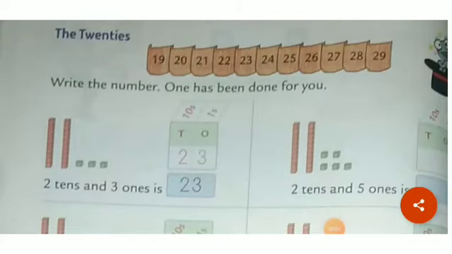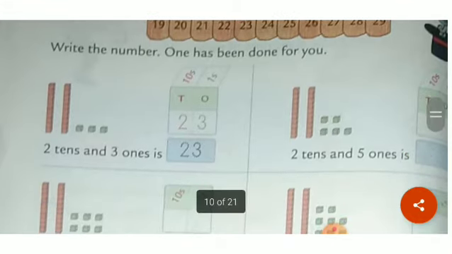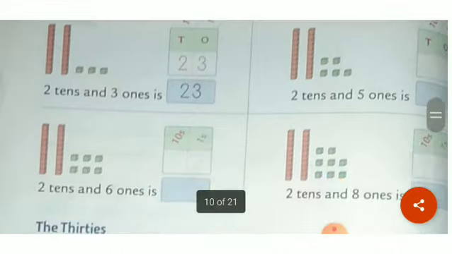See, the next topic is 20s. Here this strip of 20s is given. Each 20s number, you can see 2 is on tens place. When 2 is on tens place, all those numbers are called 20s. See, here 20, 21, 22, 23, 24, 25, 26, 27, 28, 29 are all in the group of 20s. Now what we have to do, we have to see this 20 strip and solve these examples.